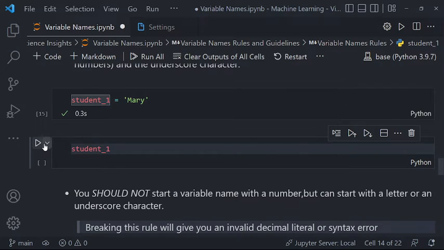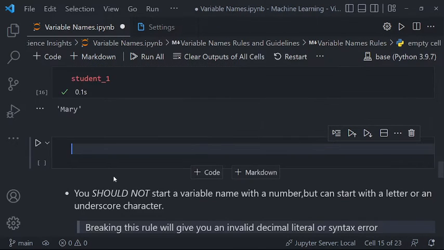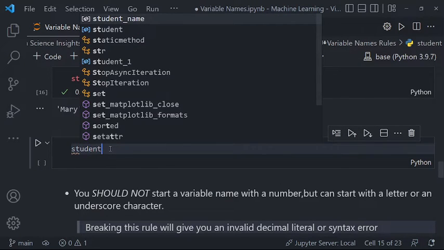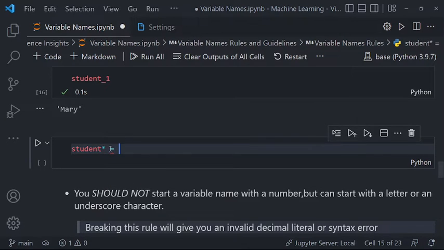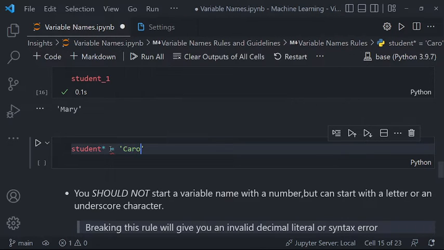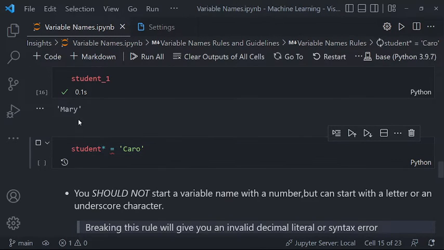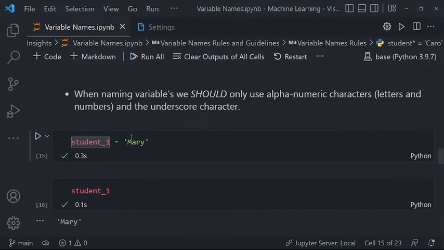We'll also try and break that rule and see what happens. So we have got the output. Let us say student, we use the asterisk sign, student*, and the student here is Carol. To see what it brings. Invalid syntax. So here, this rule is that when naming variables, we should only use alphanumeric characters, letters and numbers,